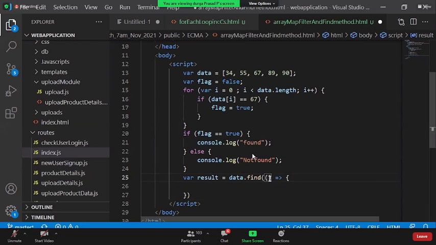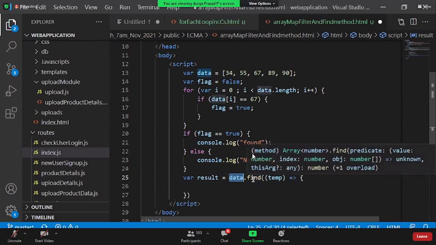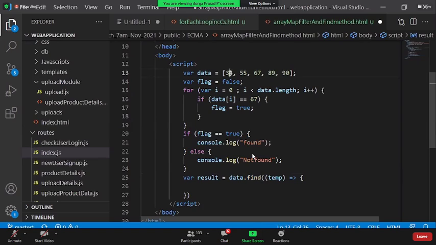Under that it will take a temporary value, something called temp. So when you say the find method, it will automatically go to each and every value within the array. You don't need to say start with 0, go with 1, go with 2. No, you don't need to say that.